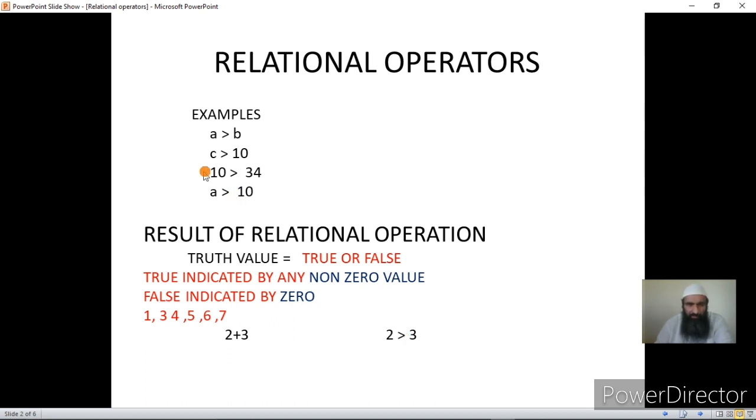Like I have already given the example, if I compare 10 with 34, naturally you know by the nature of the values, 10 is not greater than 34. In the opposite case, C will give the result as true, and that true will not be produced as a word, but as a number.